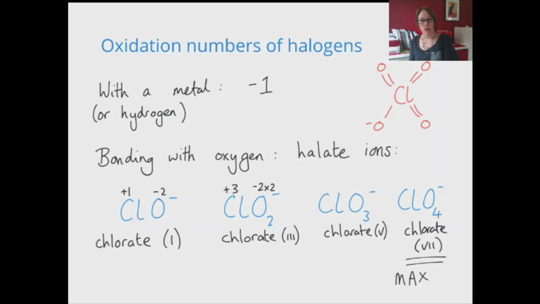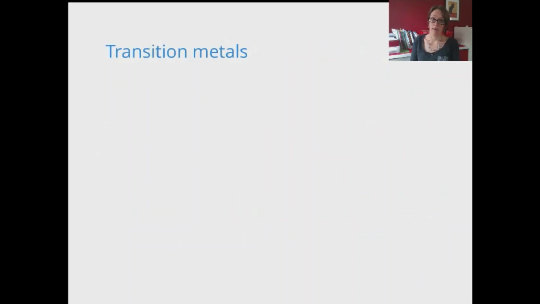So that's the maximum we can have. And as I said, iodine and bromine could do the same thing. So +7 is the maximum, -1 is the minimum because that's the most negative ion that we can form. There's lots of different trends in oxidation numbers that we can see in the periodic table related to their position